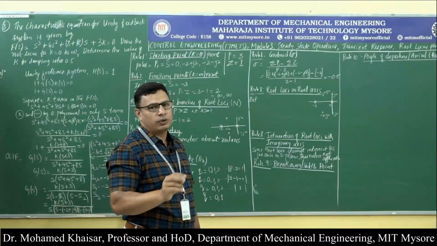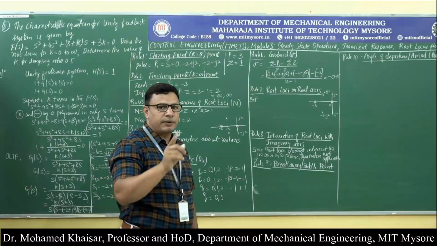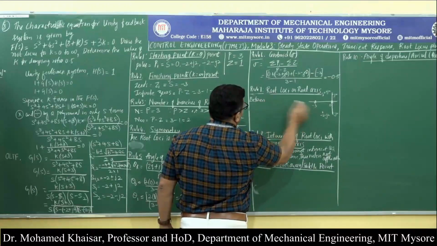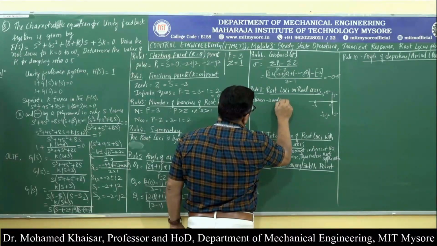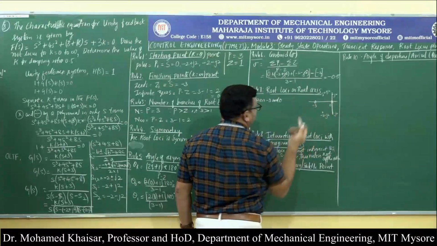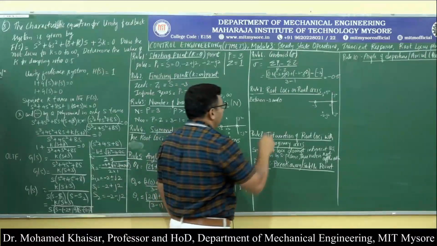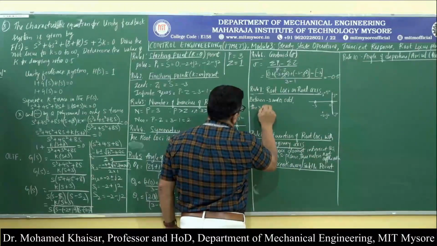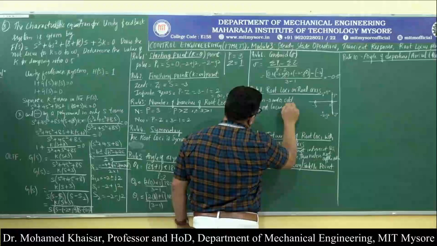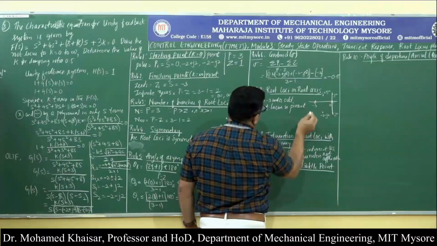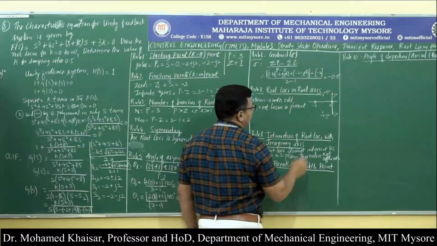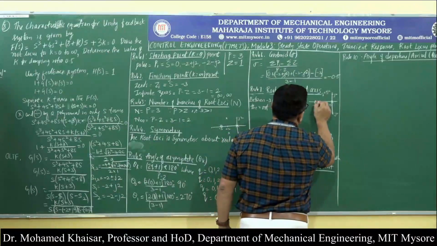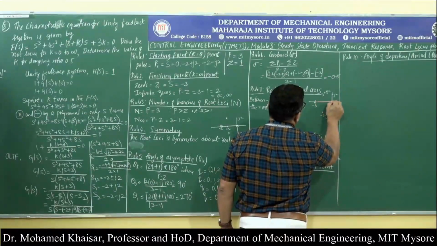On the real axis, do you have any root locus present? All the poles and zeros that are present only on the real axis must be accounted for. Between minus 3 and 0, only this is the segment on the real axis which has got poles and zeros. The count is odd. Therefore, root locus is present. Where is it present? Between minus 3 and 0. So between minus 3 and 0, root locus is present.